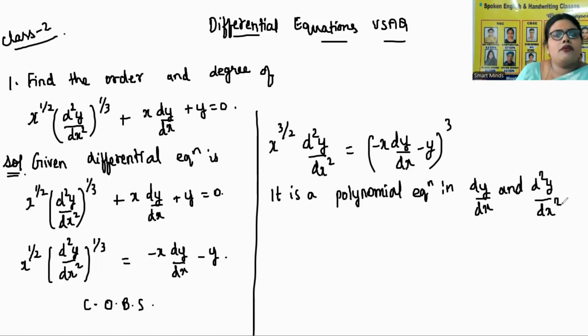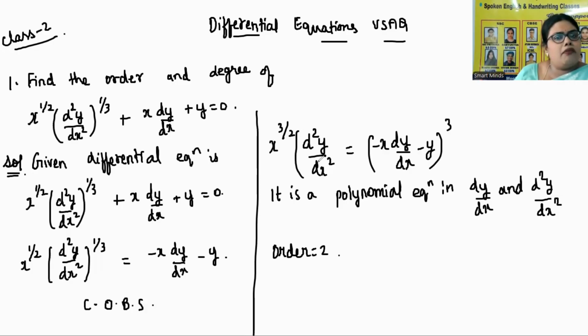In any normal equation you will have x and y. Here you will have dy by dx, d square y by dx square and all. So here you have dy by dx and d square y by dx square. Which is the highest order? 2 is highest, no? So order is equal to 2. dy by dx means you are differentiating one time. d square y by dx square is when you are differentiating two times. So highest order is 2. So we can say order is equal to 2.